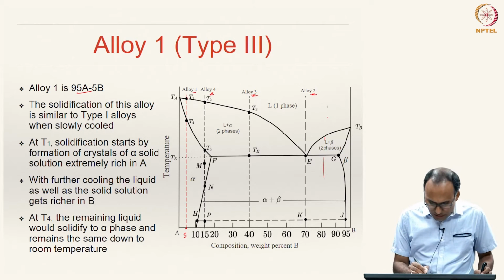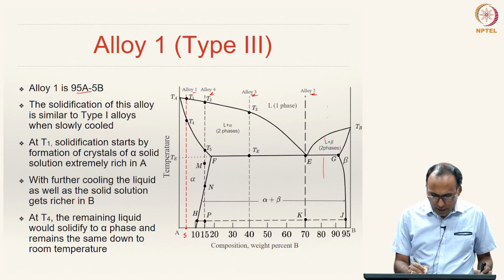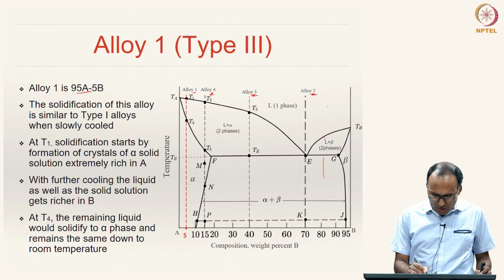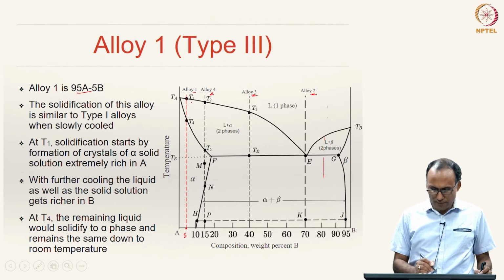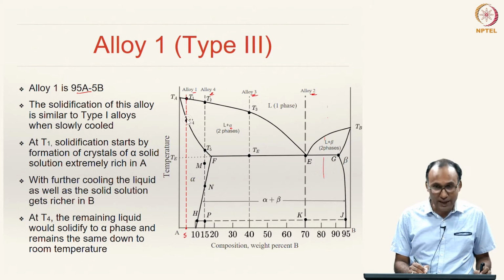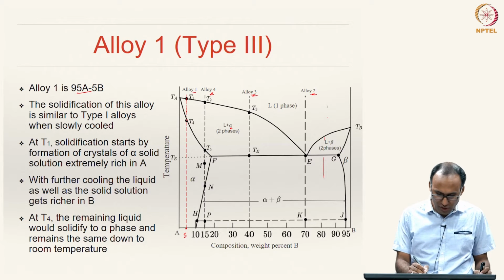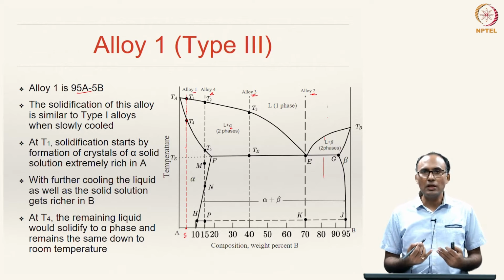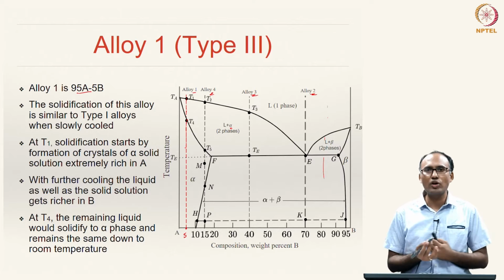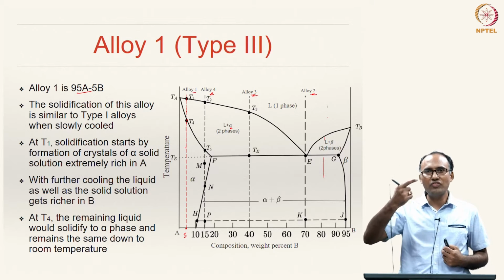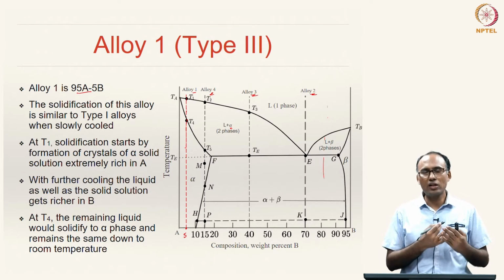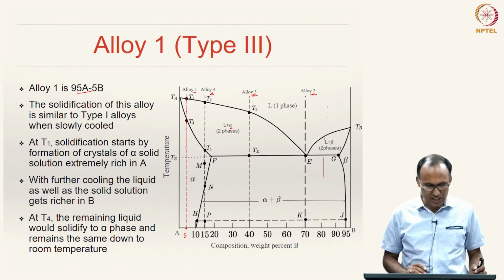So, the solidification of this alloy starts at temperature T1 and ends at temperature T4, right. And so, it enters the 2 phase region, then you will have liquid plus solid, that solid will be alpha solid solution, and when it comes down it again enters from the 2 phase region, all the liquid would have transformed to alpha, and then you will only have alpha. So, this alloy microstructure is very much similar to the case of isomorphous alloys that we have looked at, right, wherein the liquid starts solidifying at a temperature and ends at another temperature, when all the liquid would have transformed to another solid phase, a single phase.